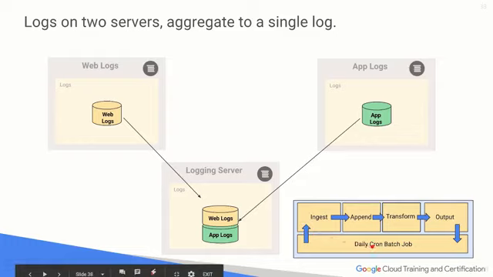We're going to have a daily cron job that's going to take all these log files and aggregate them. So its purpose is to ingest that data, to append the log files together, so it squishes them together. Then we need to transform them, right? So even though they're all in one file, we're going to transform them and join them on that session ID. Then we're going to output that data, and now we have aggregate log files. And then the daily cron job will go ahead and repeat itself. So every 24 hours, we will have combined logs.